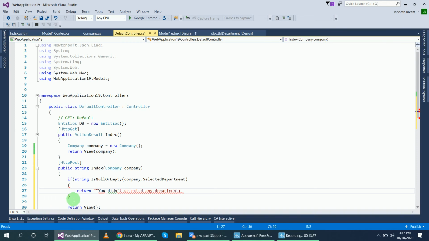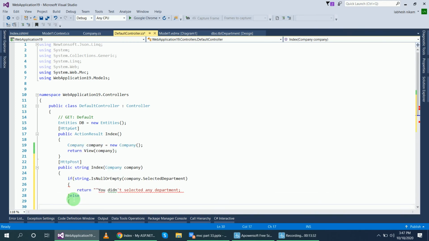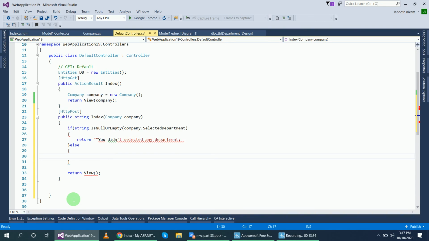Okay, otherwise, else pass the message, that means return, you have selected department with id equal to, plus this company dot selected department, right?